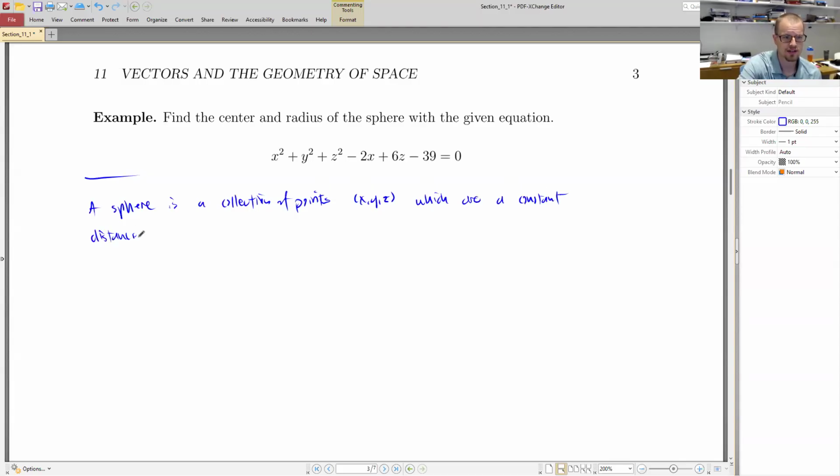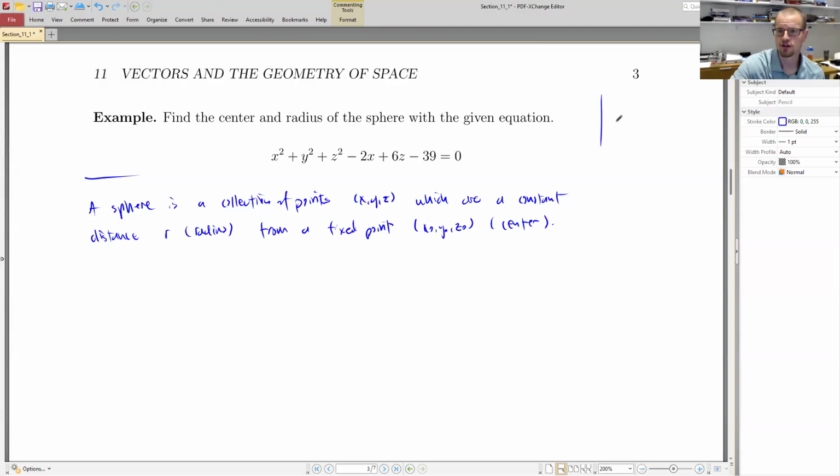What is that constant distance? We call it R, constant distance R, the radius, from a fixed point, which we will call X naught, Y naught, Z naught, which of course is the center